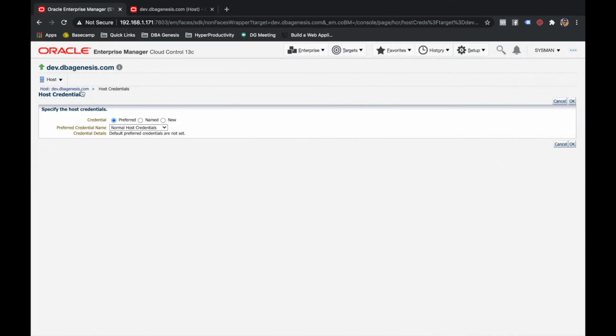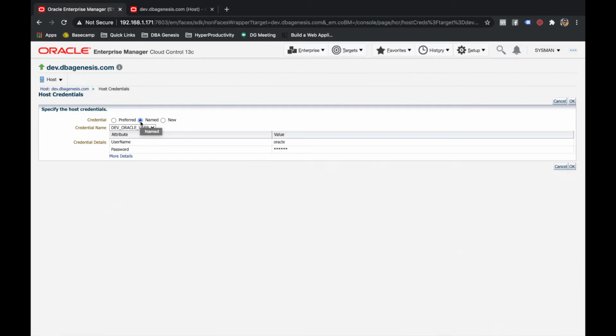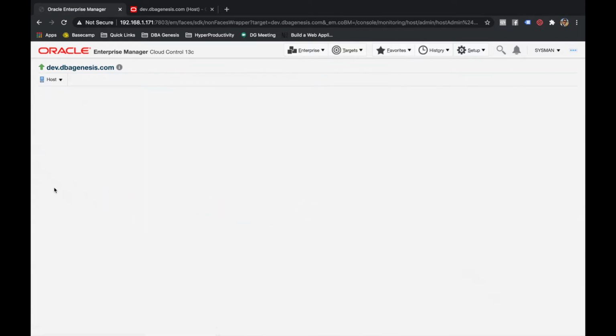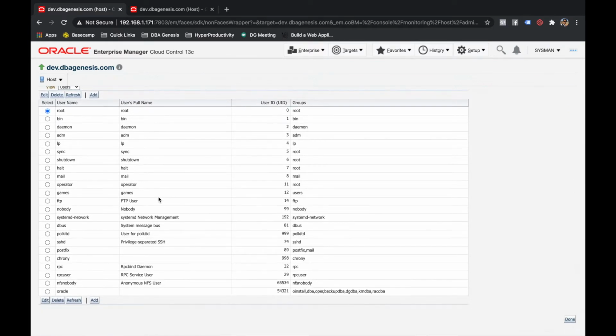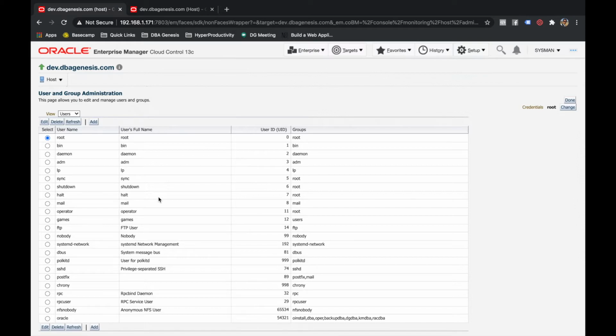But before that, before you can create any user or manage users or groups, you need to log into the server. So what I'll do is I'll log into the server with the root user. I already have these saved credentials. So I'll go with the dev root user, click on OK, because you can create or modify users with the root user only on Linux. So that's why I'm logging in with the root user. And this is the beauty. We have the list of all the users right on this server.